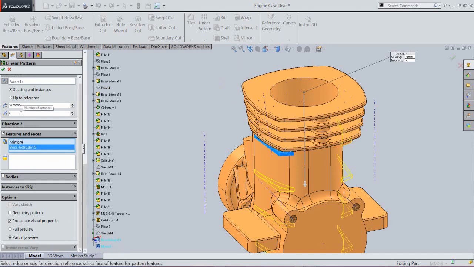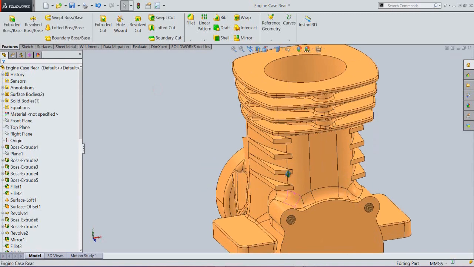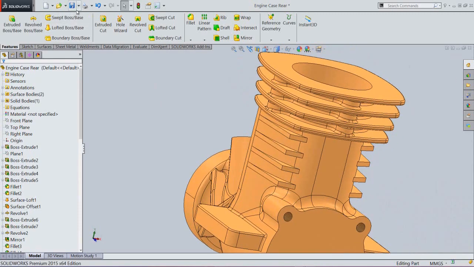And set the number of instances value 4. In the spacing area, set the value 3.5 mm, click OK. Now my pattern feature is created.